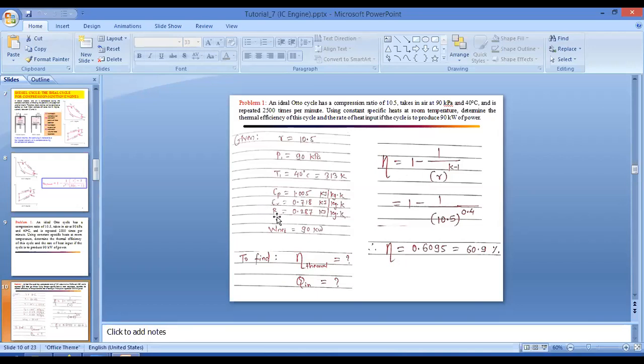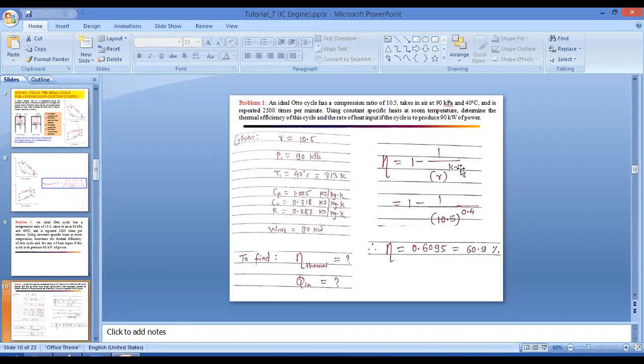With this, if you calculate the value of K, the isentropic index, which is equal to Cp by Cv, it will come as 1.4. So you will observe that in these numericals we are using the value of K as a constant 1.4. The reason is that Cp and Cv are constant, so K is constant at 1.4. If we have any variation in the Cp, Cv values, then obviously the value of K will change.